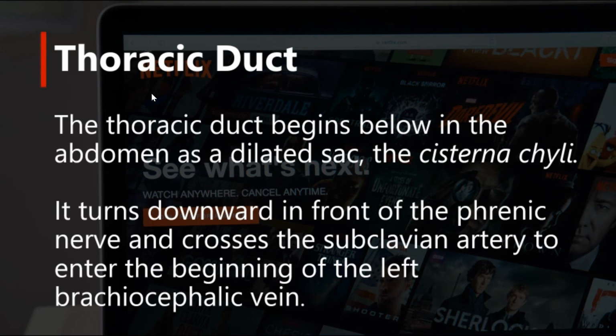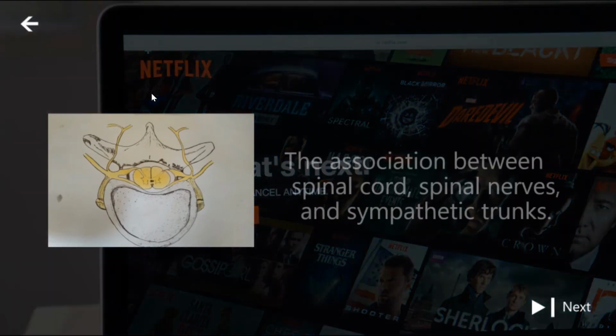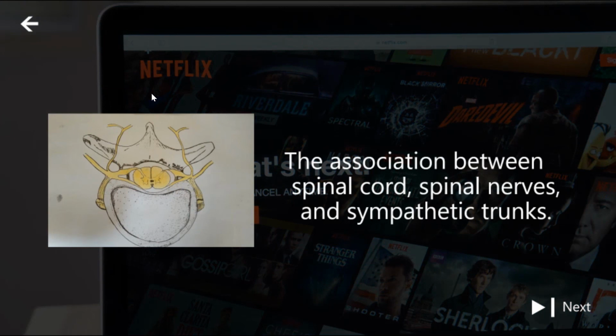The thoracic duct begins below in the abdomen as a dilated sac, the cisterna chyli. It turns downward in front of the phrenic nerve and crosses the subclavian artery to enter the beginning of the left brachiocephalic vein. So as you can see here, this is an illustration of the association between spinal cord, spinal nerves, and the sympathetic nerve trunks. So the thoracic duct receives the left jugular, subclavian, and the bronchomediastinal lymph trunks, although they may drain directly into